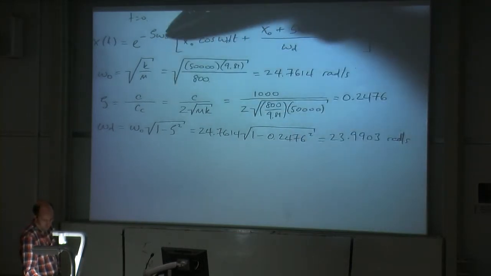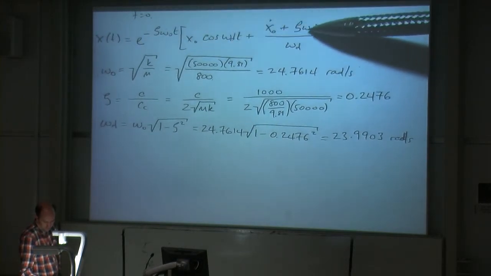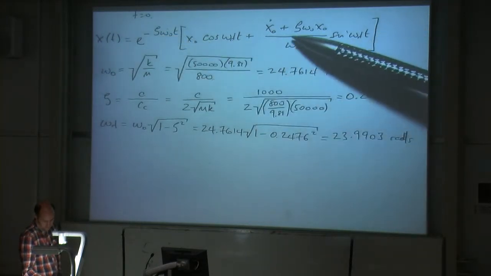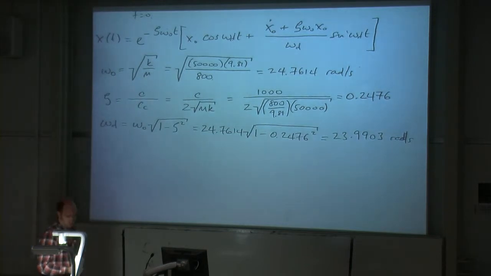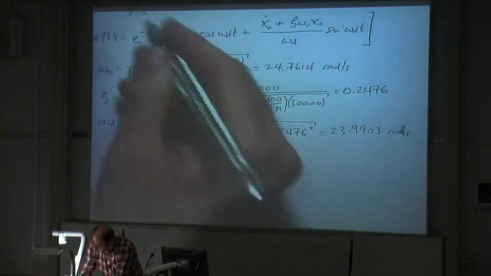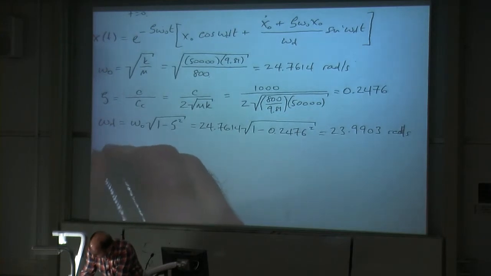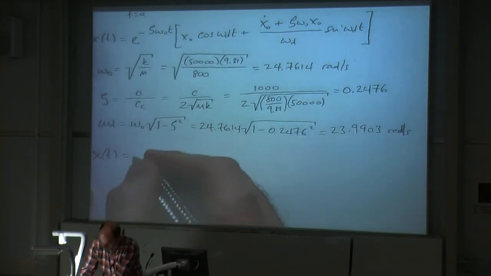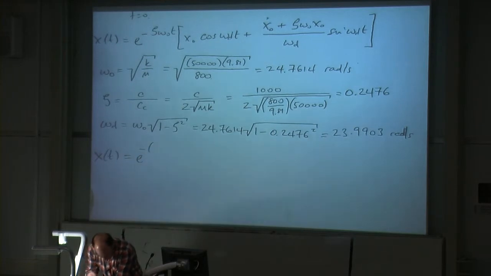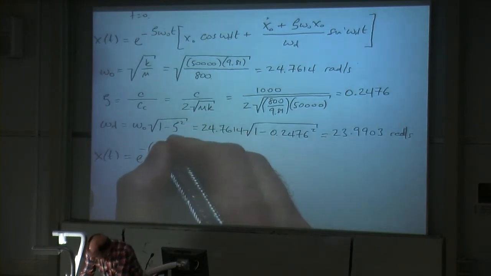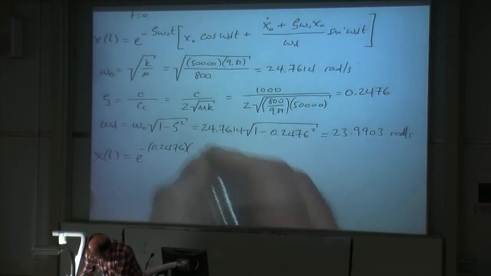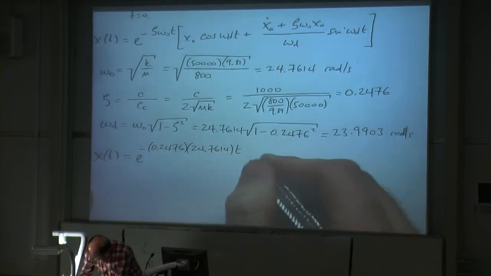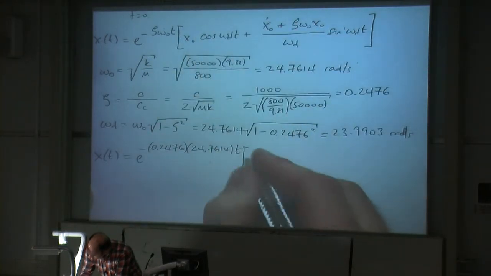Okay, and we can stick that in obviously in here, omega naught, and omega naught here. Omega d comes into these points, and then zeta obviously is here and here. And for x naught and x dot naught, we have them defined up at the top. And so let's plug in the numbers. x of t equals e to the minus zeta, 0.2476, omega naught's 24.7614 times by t, and then all multiplied by x naught, which is 0.05,